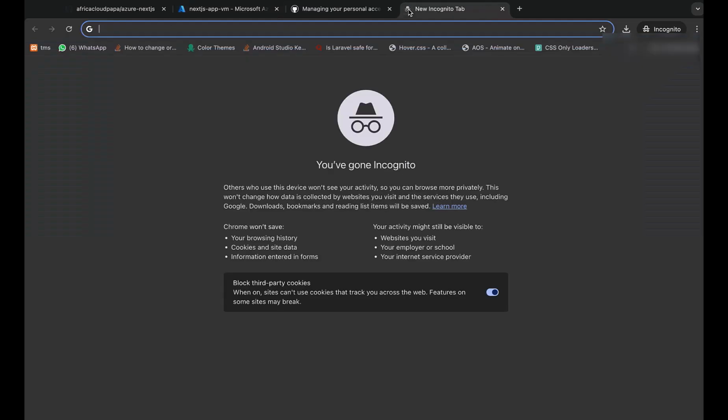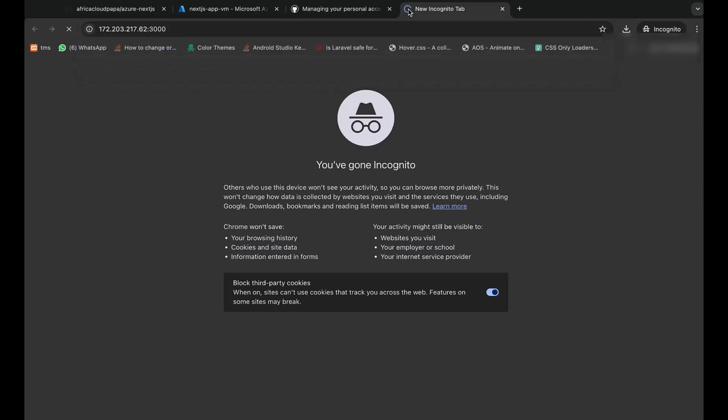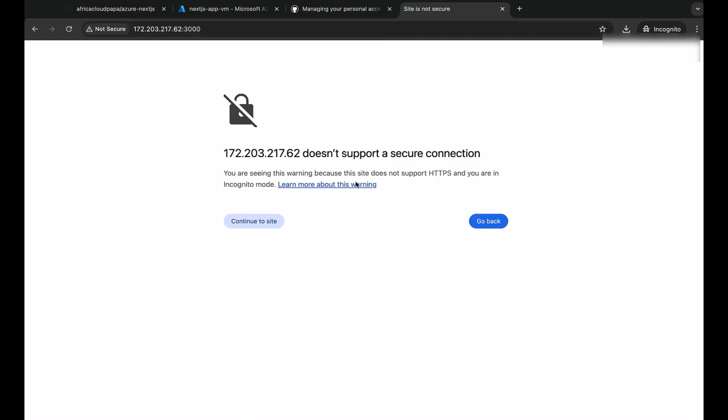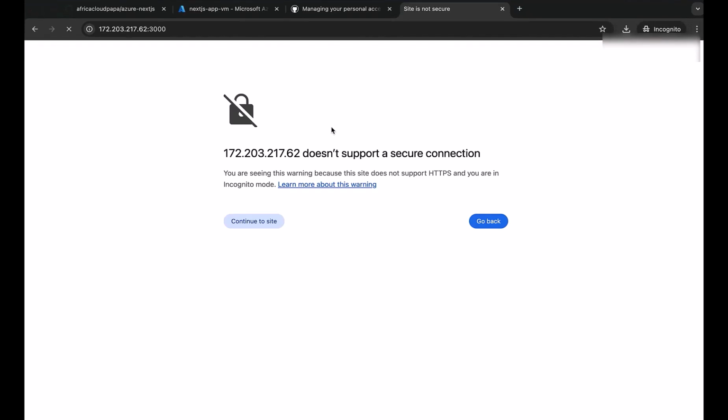If I come here and paste it and run it on port 3000, you can see that it's not going through. So what this means is that we need to open this port 3000, and to do that